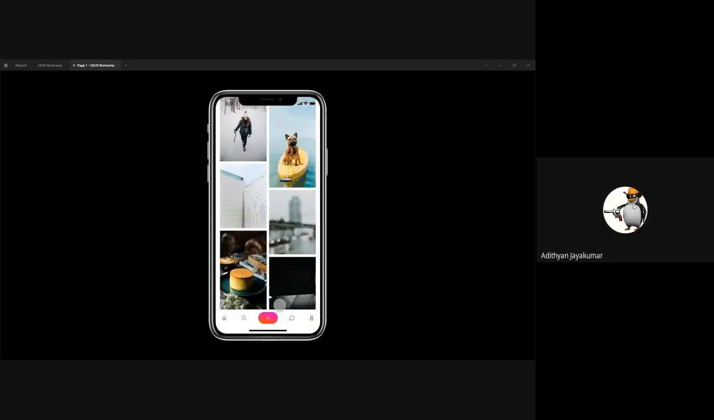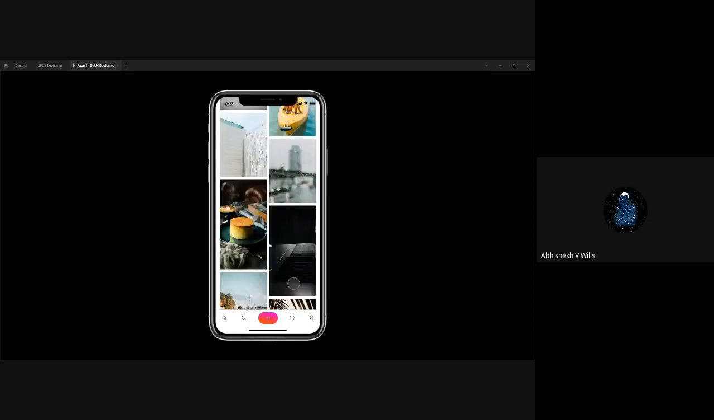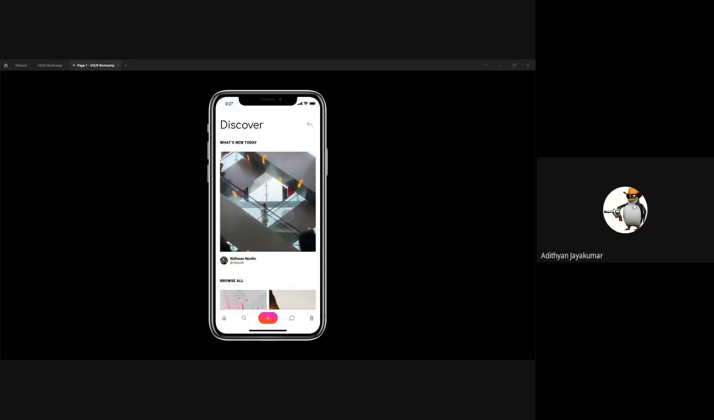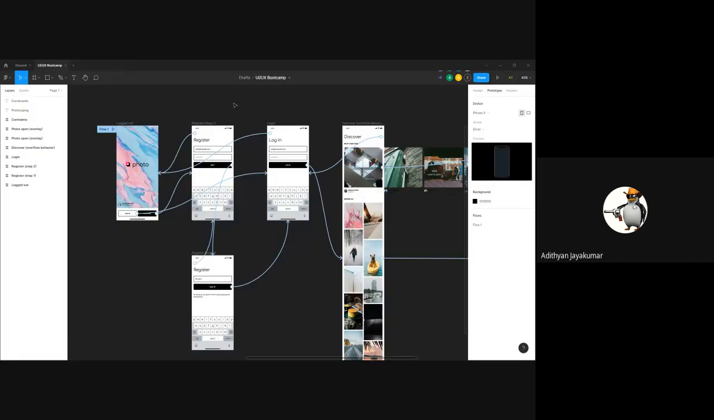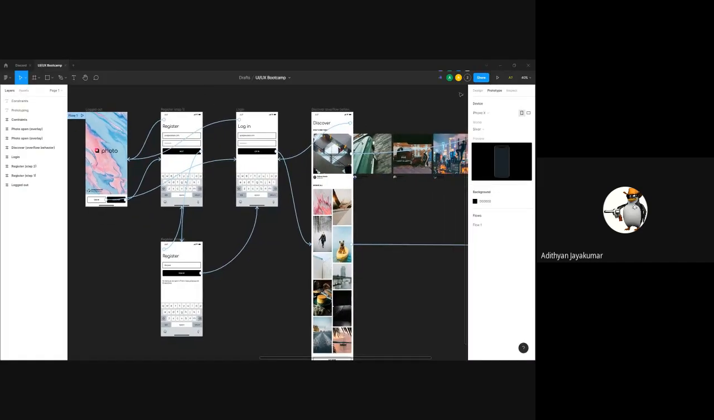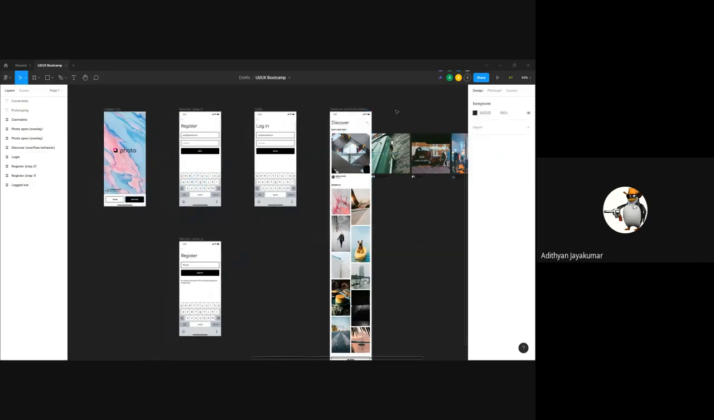That's all. But this is constrained, stay right there. Okay, if you have a target device, use that resolution to design. Or if you have multiple, if you are designing for a lot of different devices, you definitely have to build in constraints. You can't just